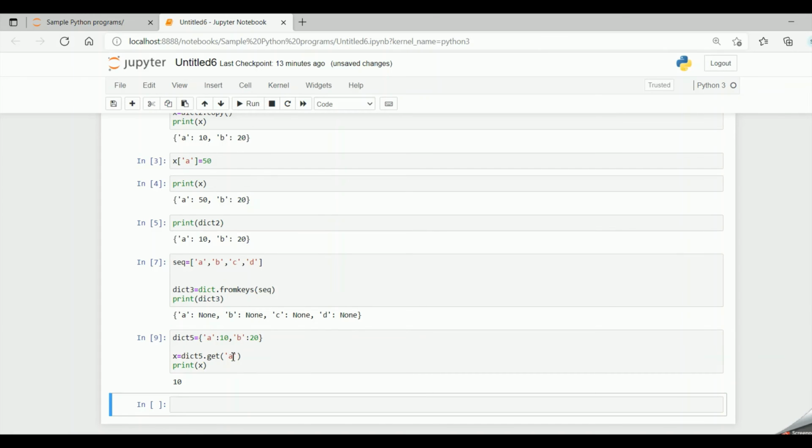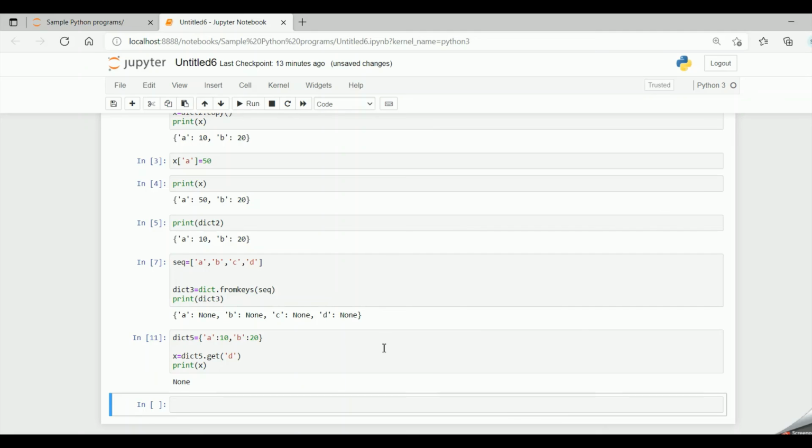Now instead of A, I'll give a key which is not present in the dictionary, that is D, and I'll give the value as 100. Now if I say print x, it gives the value 100. Now if I give a key which is not present in the dictionary and I don't specify any value even, then x will have the value equal to None.